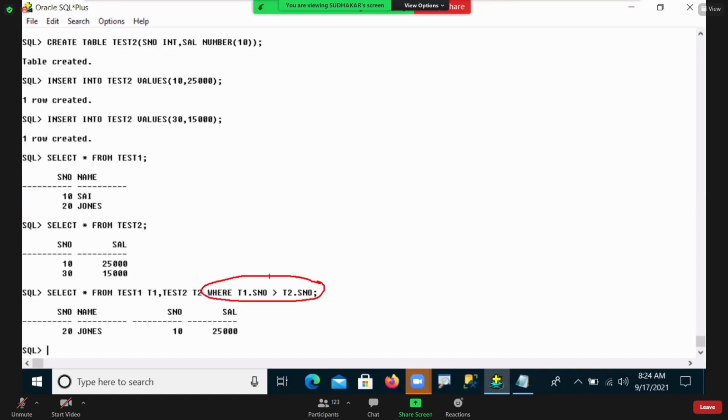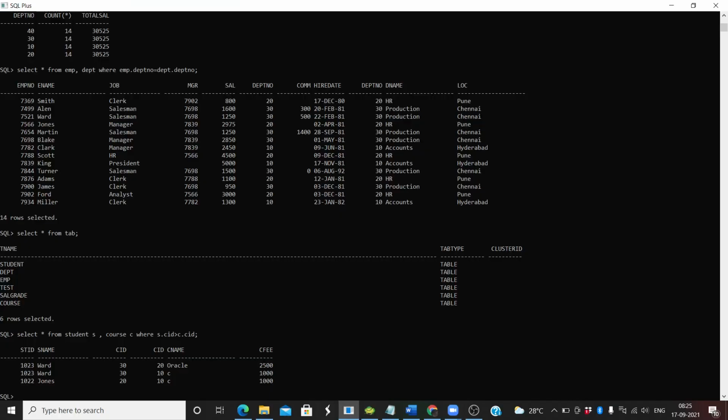Right. So now this is our condition, same as I already explained to you. Same to same: the T1 table's serial number column is compared with the greater than symbol against the test 2 table's serial number. So now you can see I'm comparing.